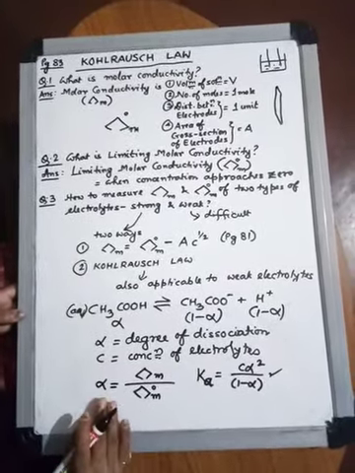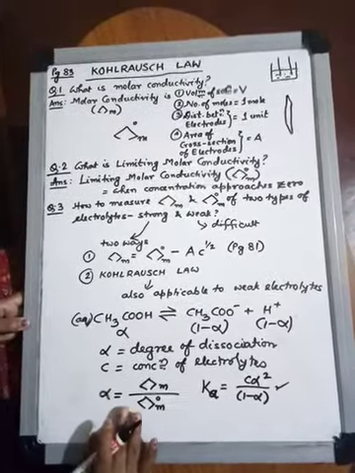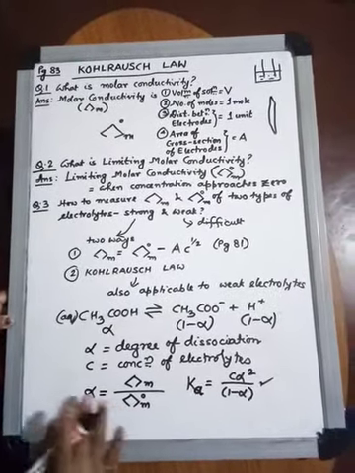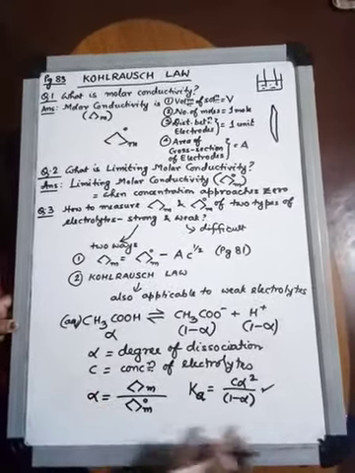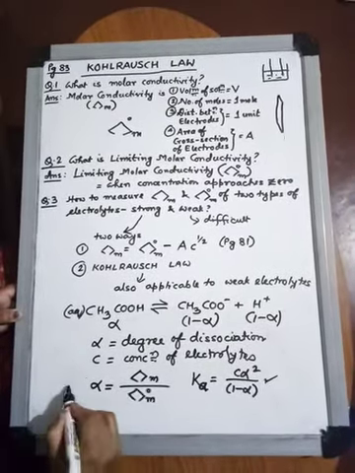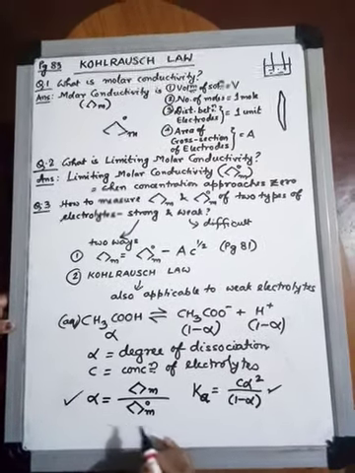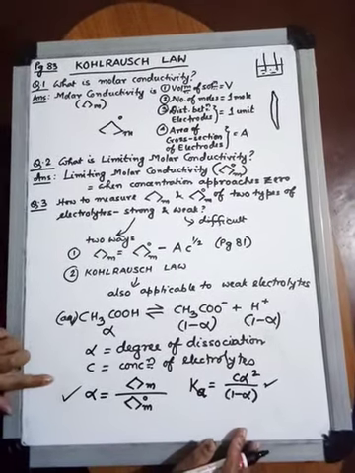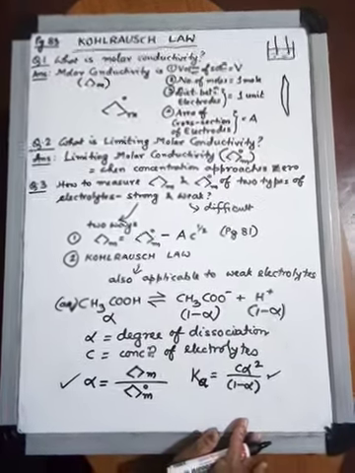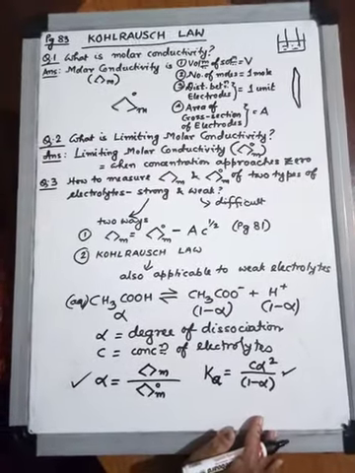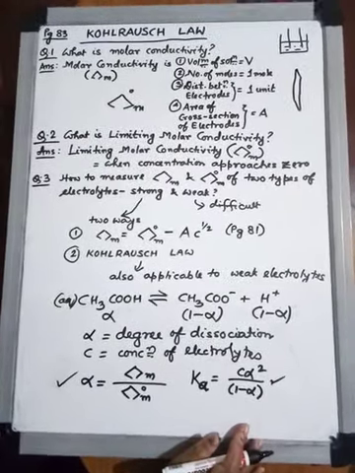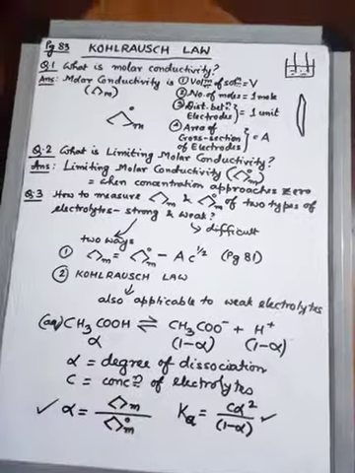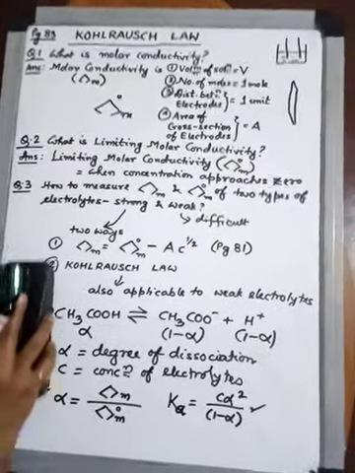So only the sums from this part of the chapter come based on Kohlrausch's law, how I have shown you how to break it up, and based on this one and this particular one. So you will have to learn these formulas properly to do the sums from this. Now let us turn to page 84, where some sums I have ticked for you. So let us do one sum from page 84.